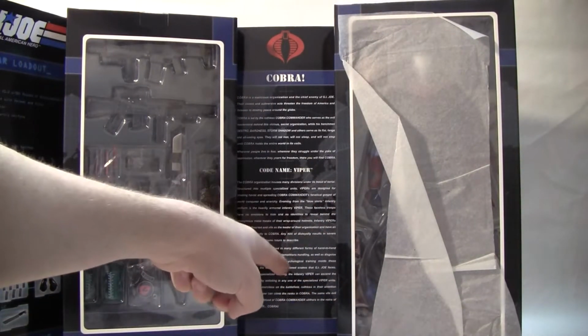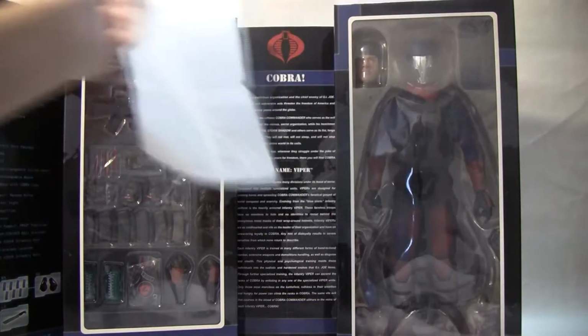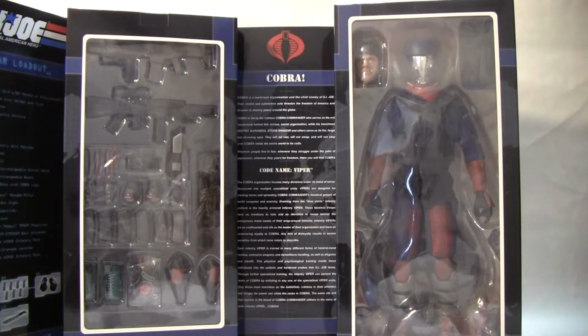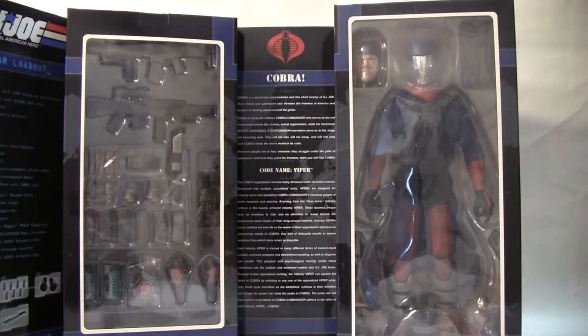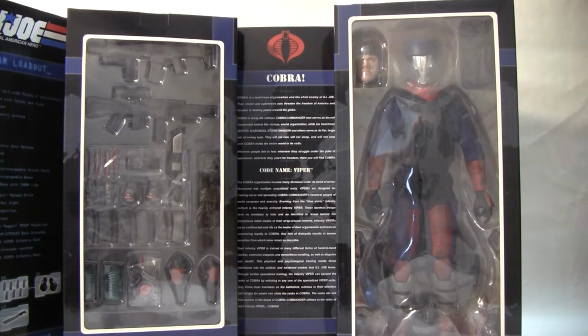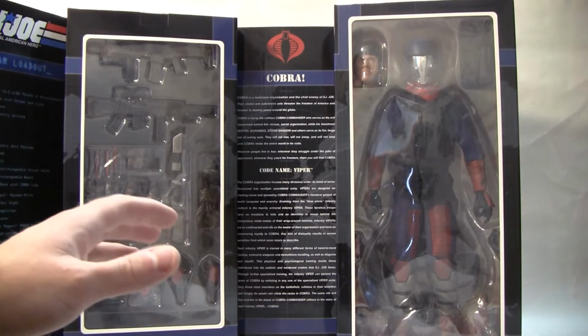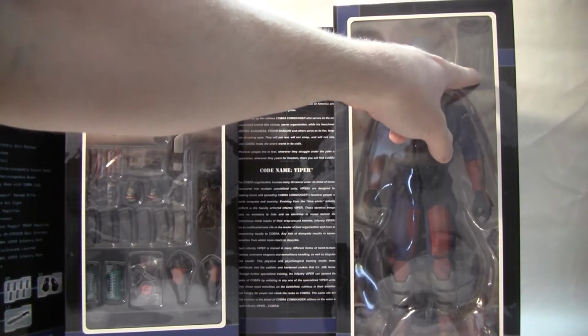Then we have what the Viper is, or at least in Sideshow, but I think most of the time they stick with the classic information with it. And then right here we've got that protective thing there, and we've got the Viper, and he definitely looks very kind of plain without all the accessories. So can't wait to try and figure out all the accessories and get them on there and make them look even more accurate. Now the great thing with the exclusive, if I'm not mistaken, is this is the mask,